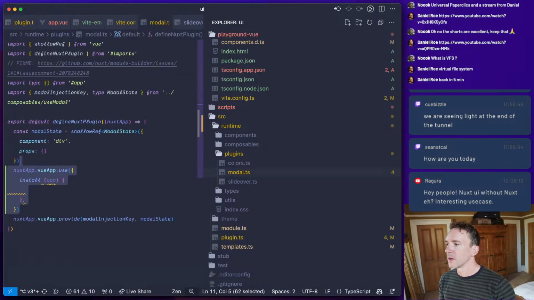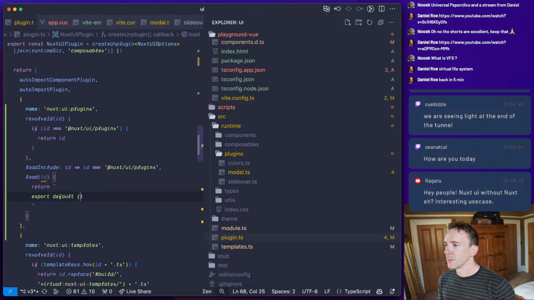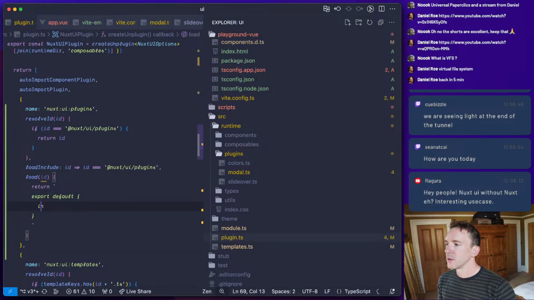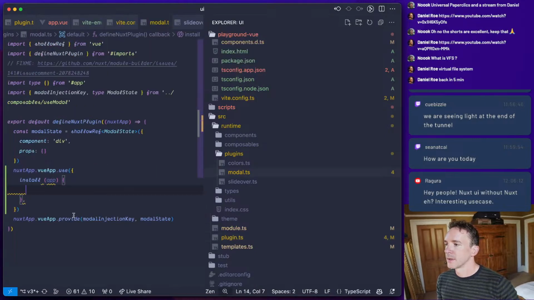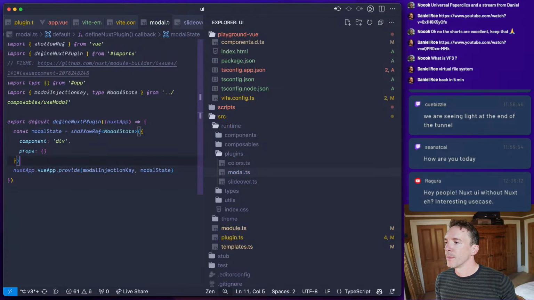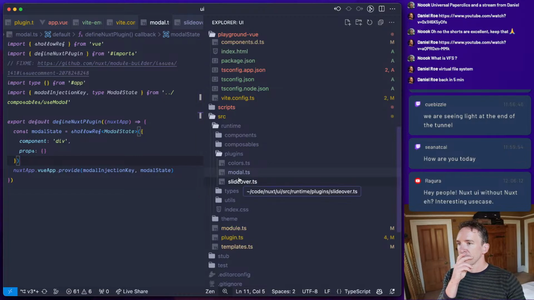No, it's not going to be a function. It's going to be an object which has an install app method. And then what this is going to do is do these things. So it's basically going to have to get all of this from these plugins, and it's going to do a provide, and it's also going to do the slide over. Right, that makes sense.